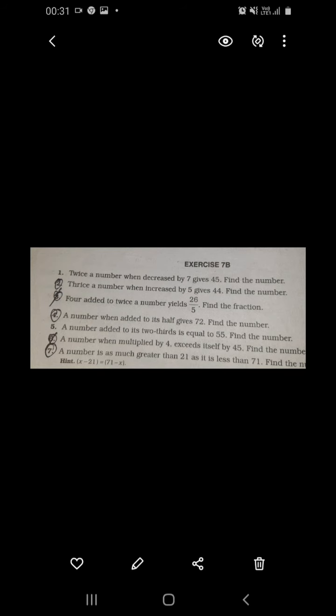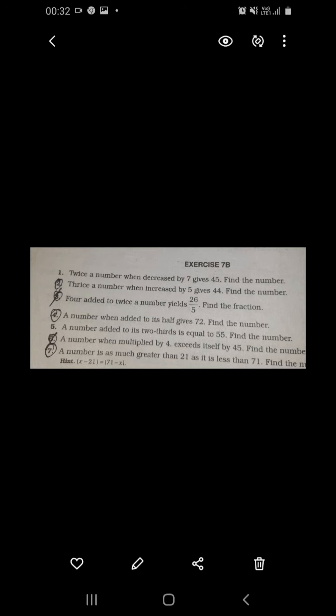And students, today I have to start the new exercise. This is word problems based on linear equations. So you have to read the question first and understand what the question is all about. Before solving this exercise, go through all the examples, and if you're not able to understand any of the examples, you can comment down in the comment section. I will explain that particular example. Now today I'm going to begin with the exercise.